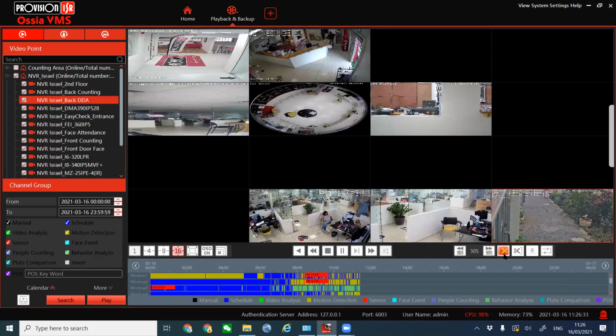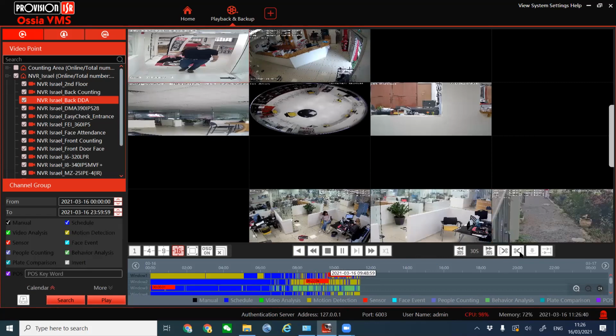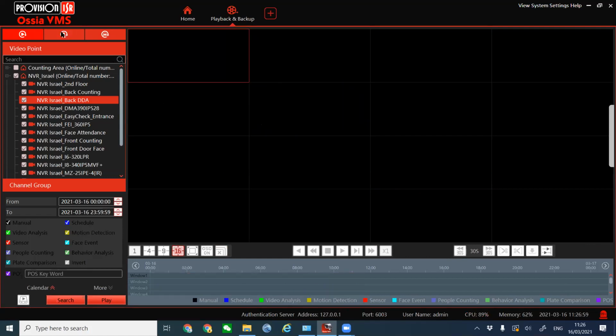By the way, if you want to back up a video, just left click on the backup. Choose the starting point, go to the ending point that you want, press on the scissors once again, and you will be able to download that exact part of the recording. You can do a simultaneous download for multiple channels, of course. If you want, I can talk about it more. Okay, our next part in the playback